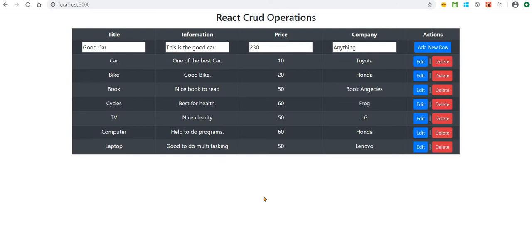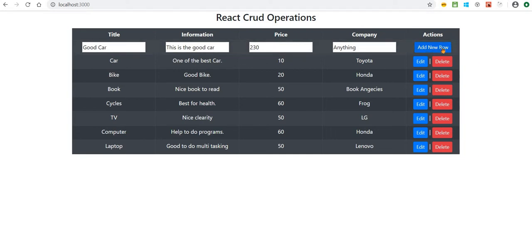For this session, we are not going to focus more on the validation part, because our motive for this session is to do the basic CRUD operation. The things which are not required for the time being, we will do later on.